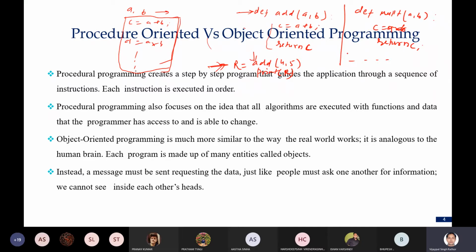So all the different kinds of functions are combinedly associated or called with some main function. The main function will be the main code where we are calling this multiplication function, addition function. Here we are calling outside the addition function or outside the multiplication function. So this is called the main module. Main is calling addition, or multiplication, or some other function.